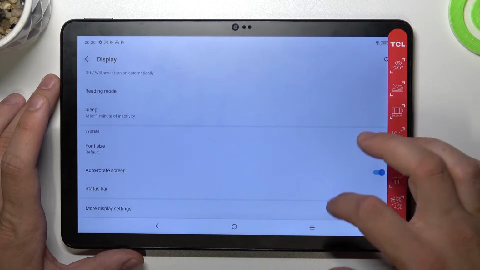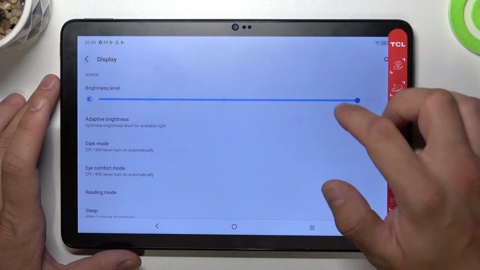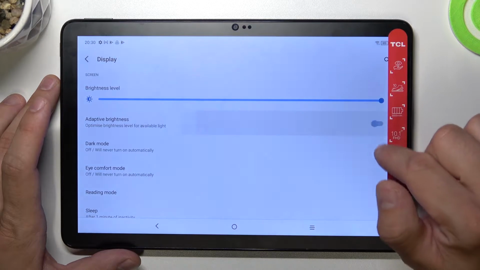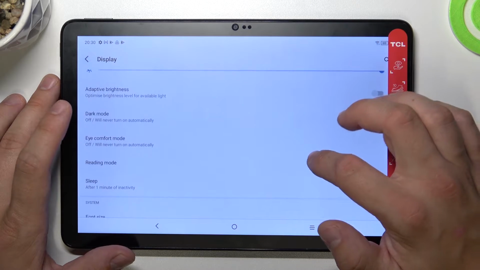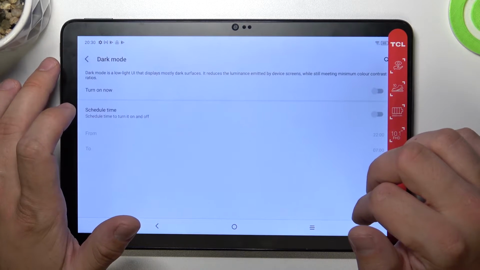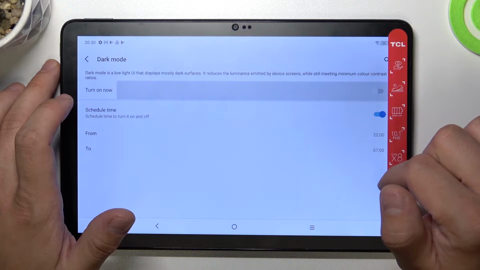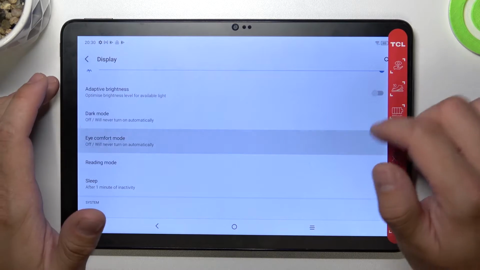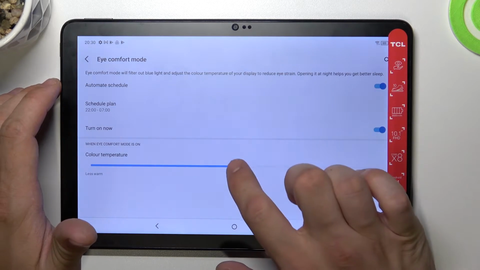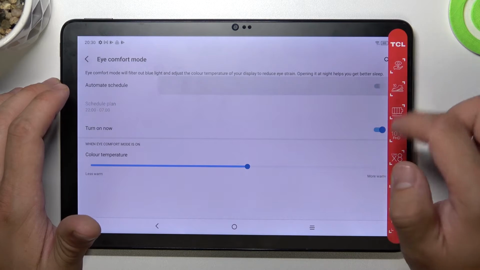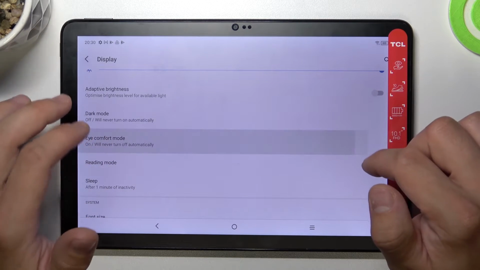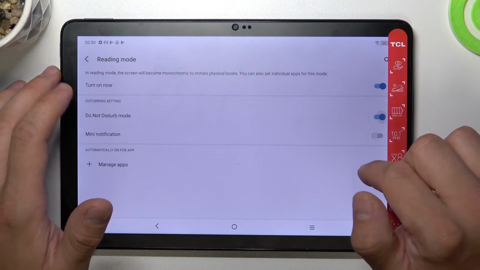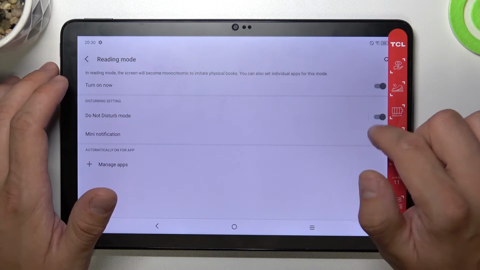As you can see right here, we've got all settings for our display. Let's start with the top of the list, where you can change brightness level of the display manually or via adaptive brightness. Next, we can enable and schedule dark mode, eye comfort mode, and also we can change color temperature, reading mode with do not disturb mode and mini notifications,